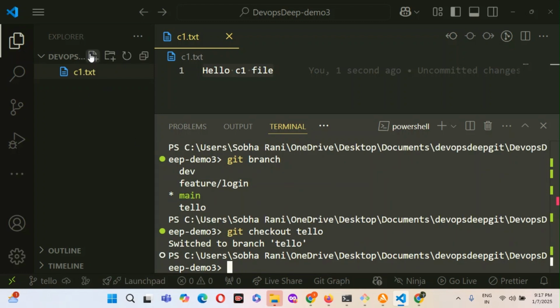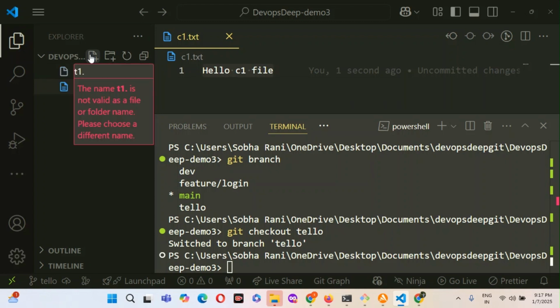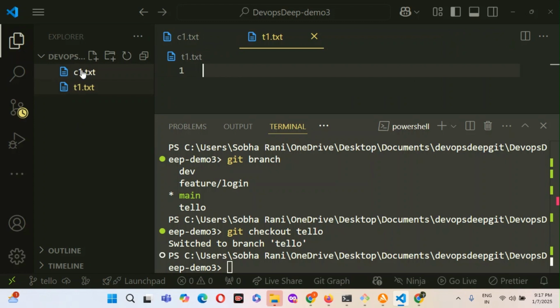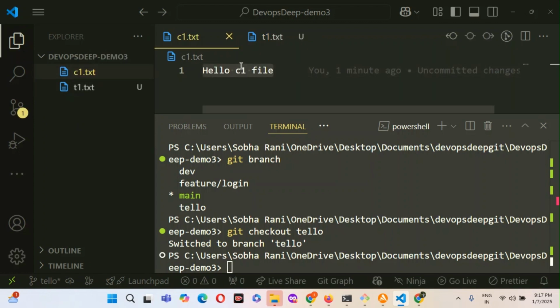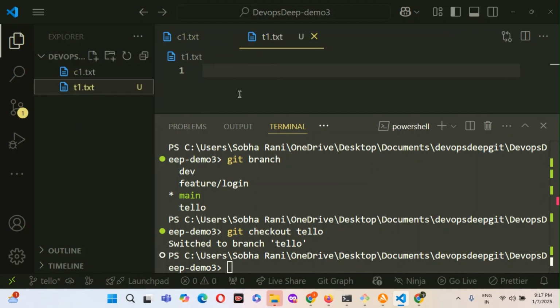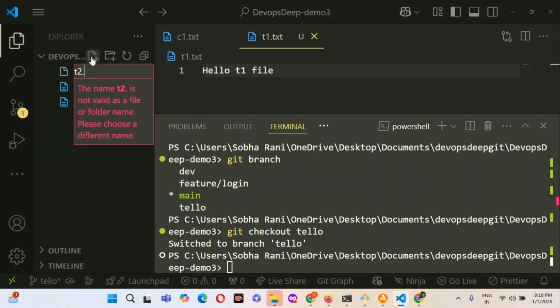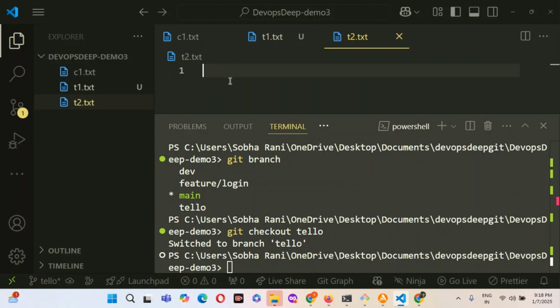Now here I'm creating two more files. Sorry, same I'm creating in Tello branch. I'm creating another file t2.txt.